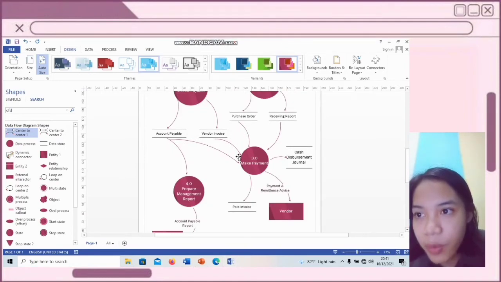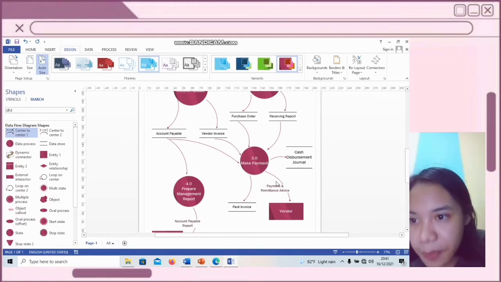After that, we enter the third process, that is the make payment process. Before making a payment, SNS matches the existing data, that is account payable data, vendor invoice, purchase order files, and receiving report. If all the existing data is correct, SNS will make payment to the vendor.